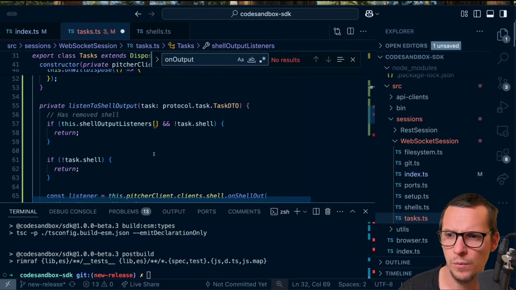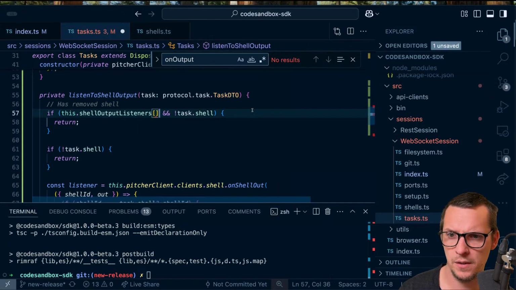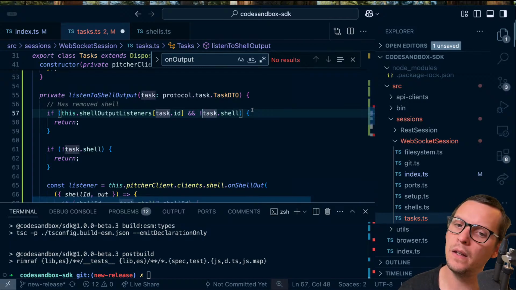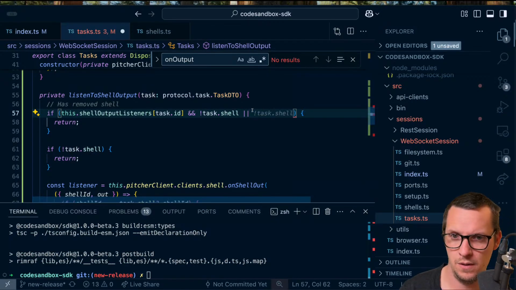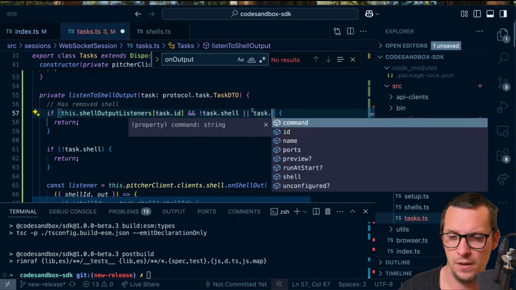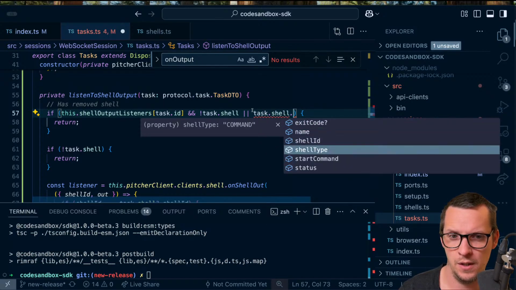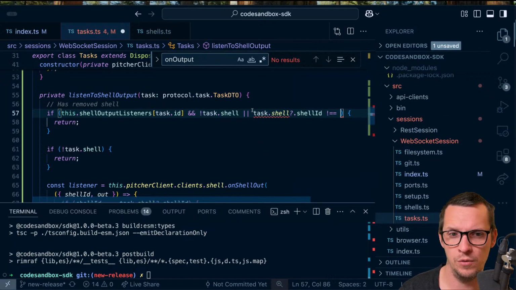And then what we can do now is, this is always going to be task ID. So if we have a shell output listener on that task ID and there's no task.shell, or that task.shell shell ID is not equal to,